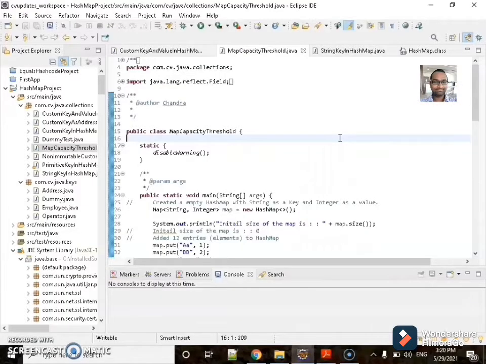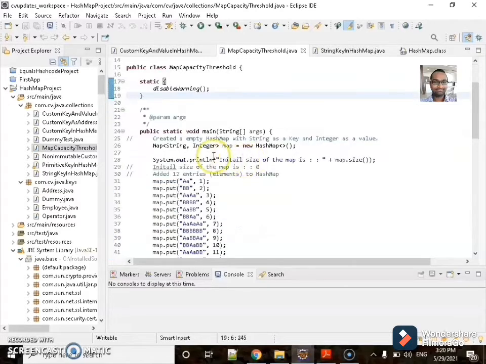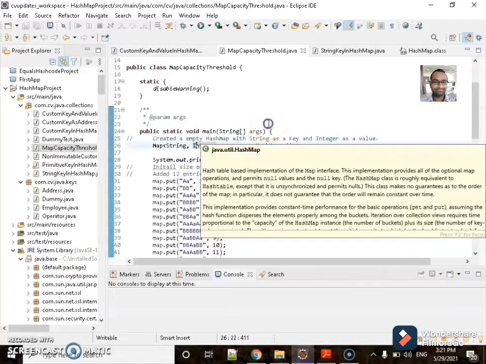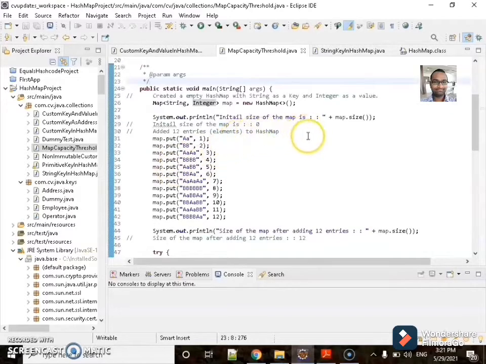I copied this project into GitHub. You can download this code from the video description and I'll show the process of downloading. I have created an empty HashMap here and I'm trying to get the initial size.